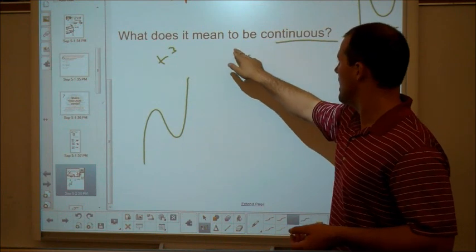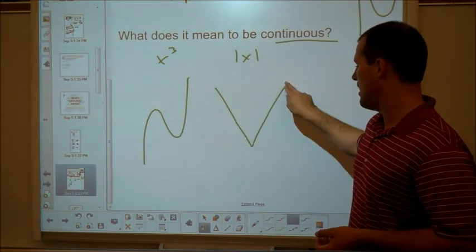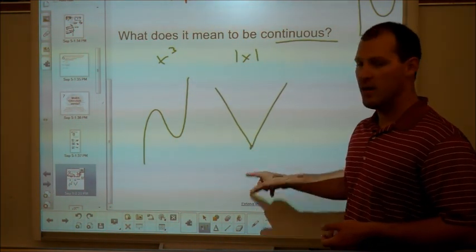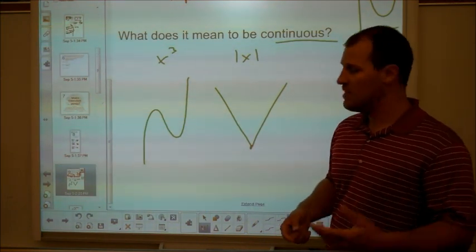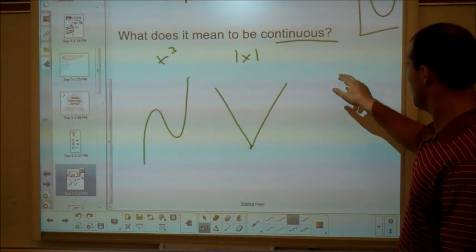We could have something like an absolute value graph. And even though it's got what we're going to learn later is called a cusp right there, I didn't have to lift my finger to draw that. But if I take something that looks like some sort of a piecewise function,